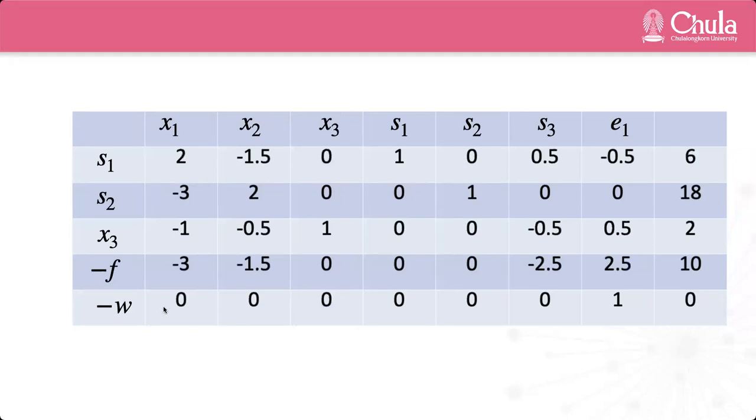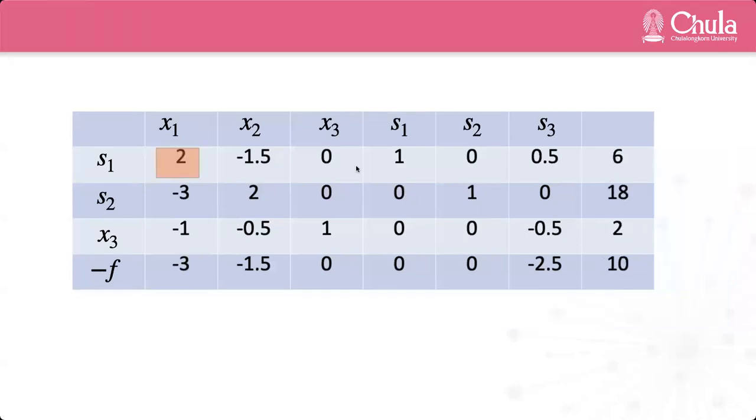And you see that w becomes 0 already. Once w becomes 0, then we can start phase 2. We remove the last row and this column, the E1 column. Okay, we got this tableau. And from this table,